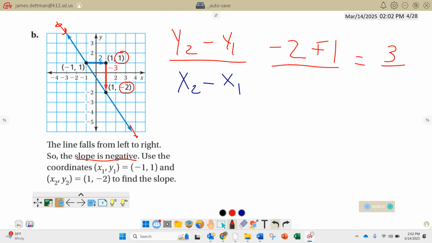Now let's take a look at our x. We have x2. Where's x2? It's positive 1. Yep, so positive 1 minus